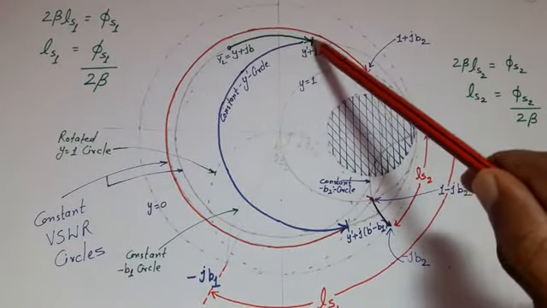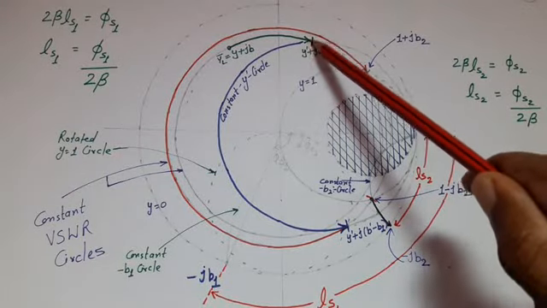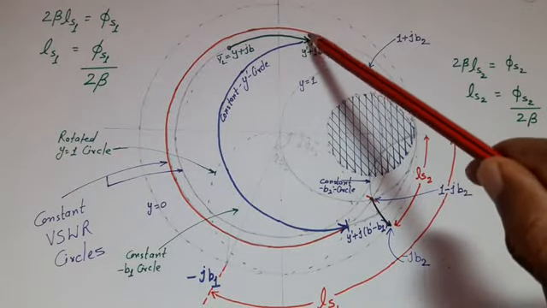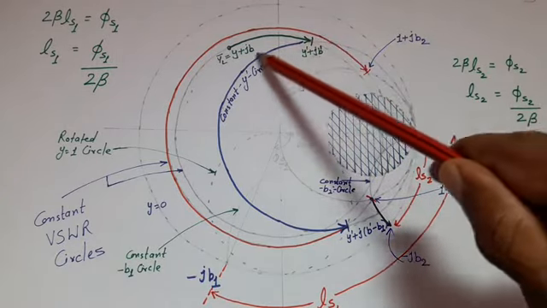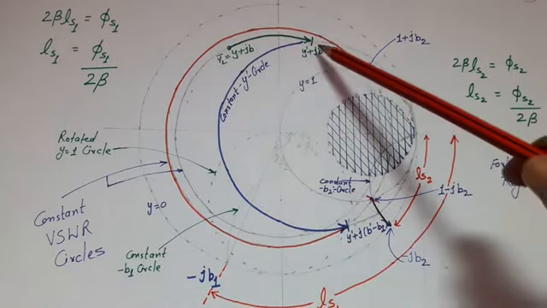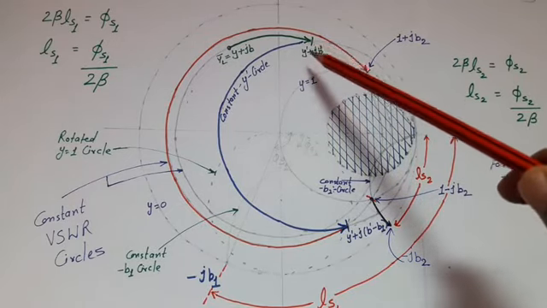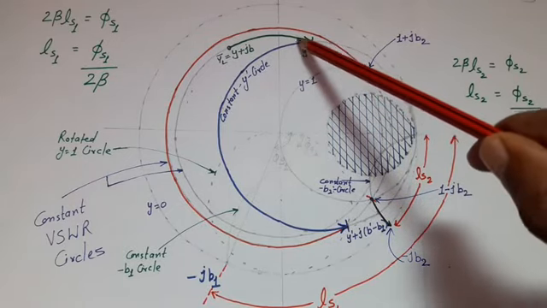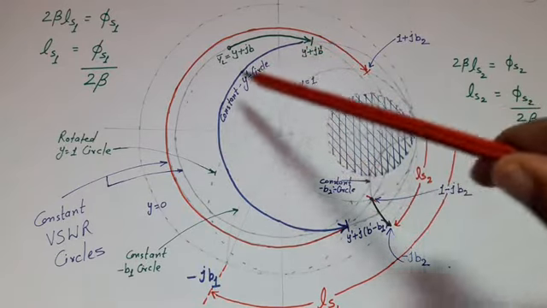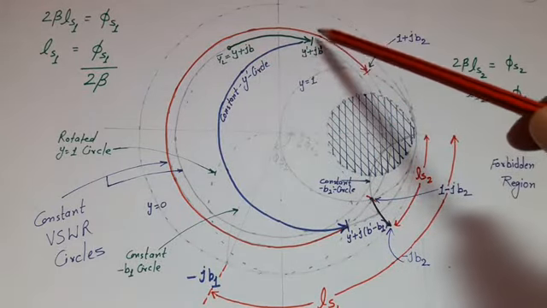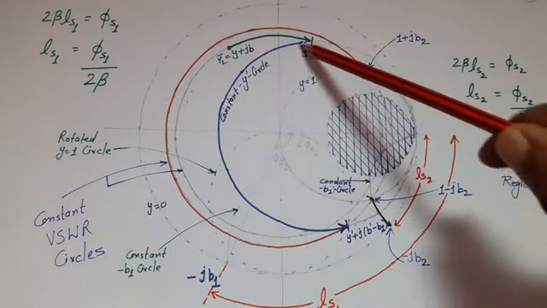Now after this admittance, we encounter our first stub which provides minus JB1, and just after the stub the admittance is Y dash plus J into B dash minus B1. And as we know, this admittance should lie on the rotated Y is equal to 1 circle. Now how can we ensure that this admittance will lie on the rotated Y is equal to 1 circle?